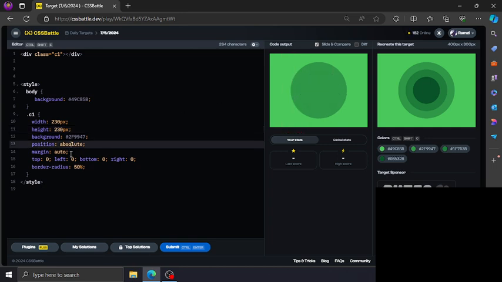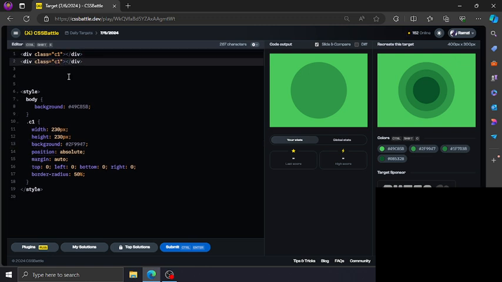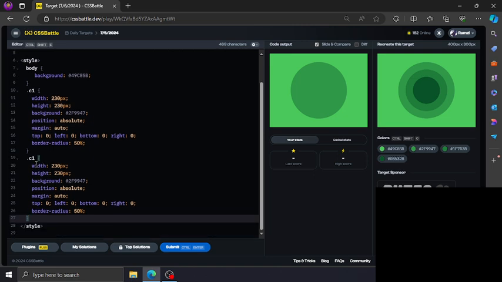Yeah, right? So next is the C2, the middle circle. So let's just copy this C1, the outer circle. Name this C2. Then the color is this darker shade of the C1. So change this.